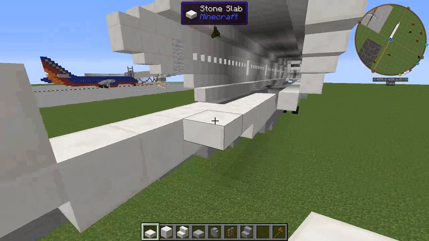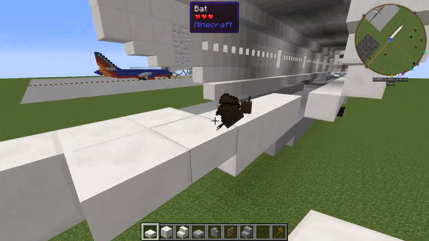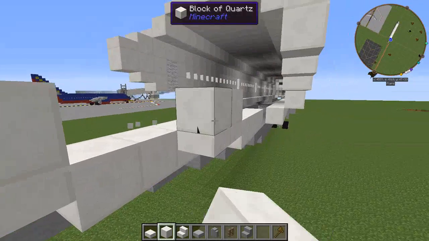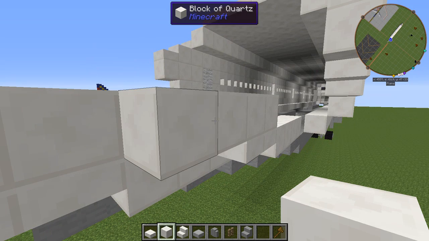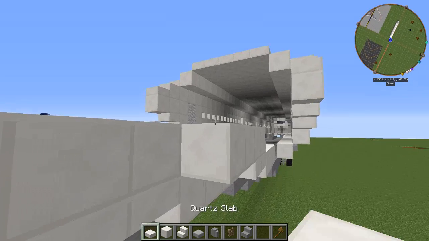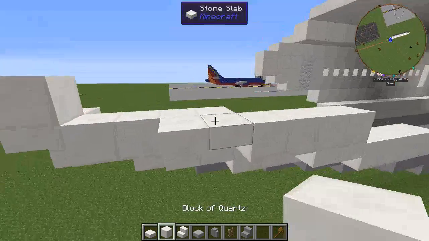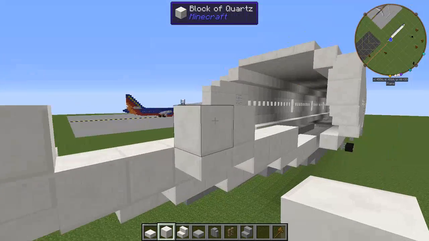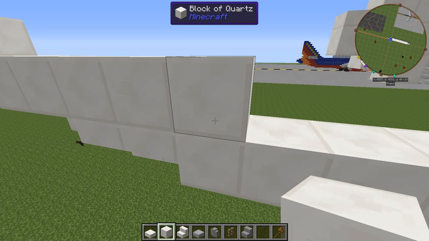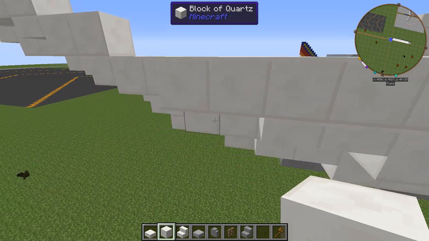No, 2 quartz slabs. And then 4 quartz blocks, 2 on the slab and 2 off. And then 2 slabs. And then this is a little different. You place the quartz blocks on the slab and you extend it out by 2. And then you place 1 right there. And then a single slab,